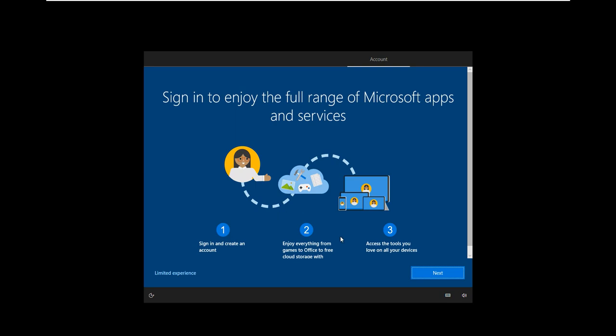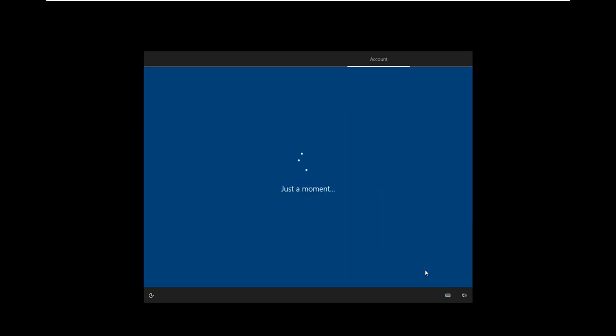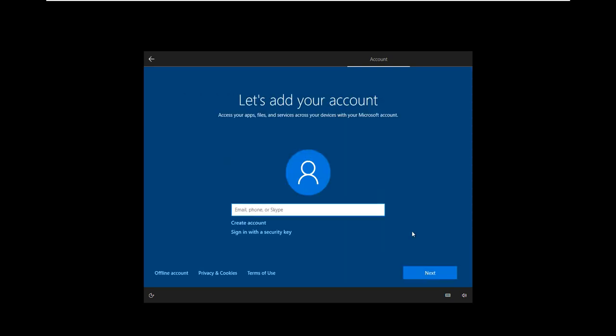Enjoy everything from games, Office to free cloud storage, with access to the tools you love on all your devices. Now if I say next, it will take me back to the same screen. It says just log in with your Microsoft account or create one if you don't have one. But still I'm saying again, no, I want an offline account.